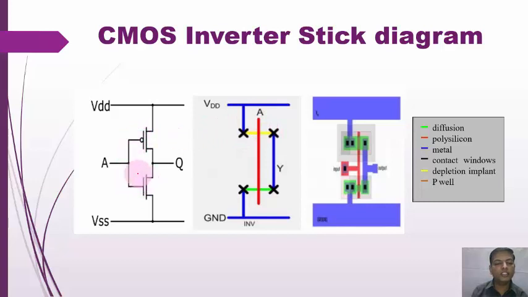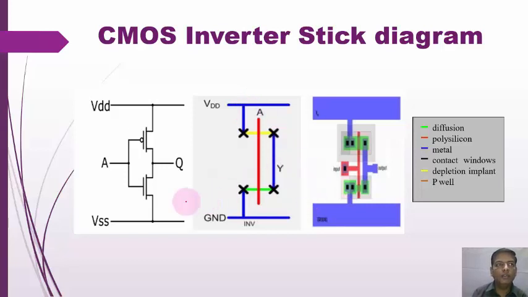Then according to the structure, here the gate is common, so make one polysilicon layer. Then here both drain terminals are common, so in between that put down the metallic contacts. Then make the contacts, shown by using a black spot or black cross mark. In this way your connection must be there.